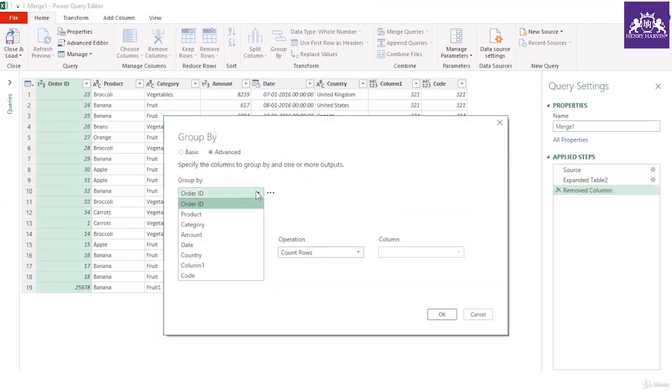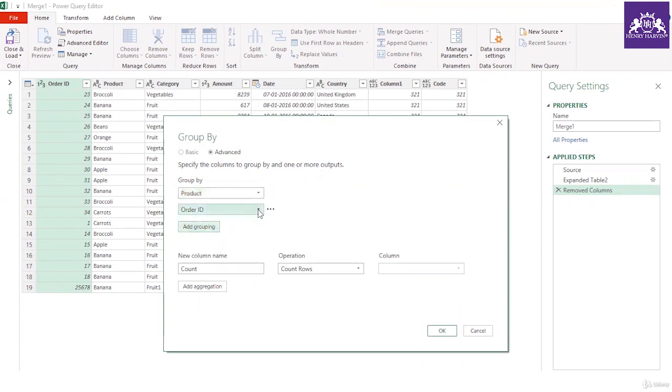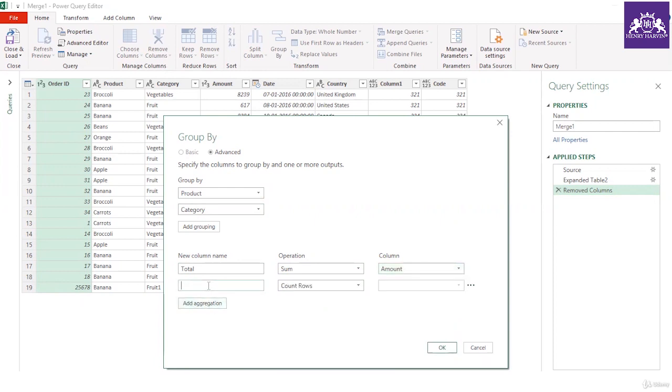So here actually you can see group by product, and add grouping again, you select group by category, product and category. So now you can write the function, maybe again you write total. Okay, and you can write sum, and column is of course amount. Maybe you can add aggregation also. I want total